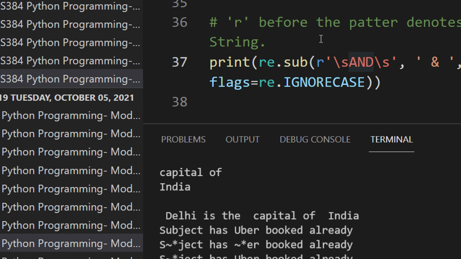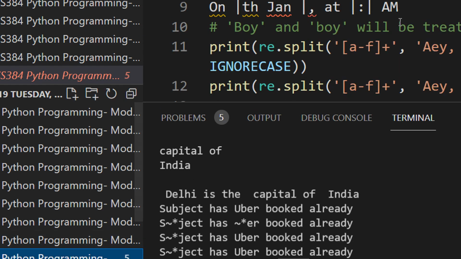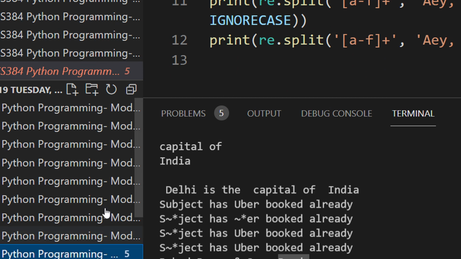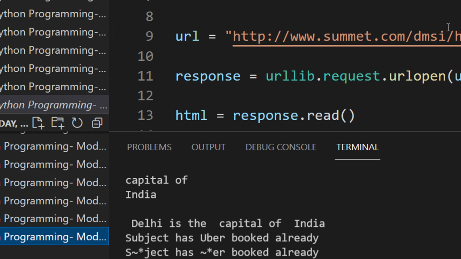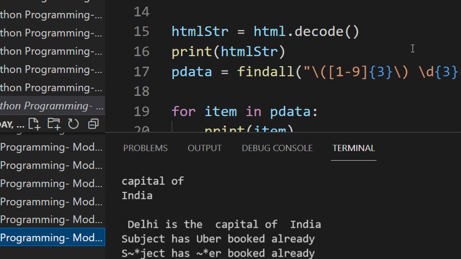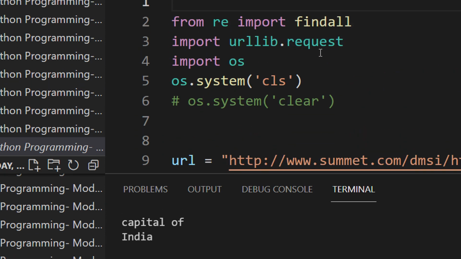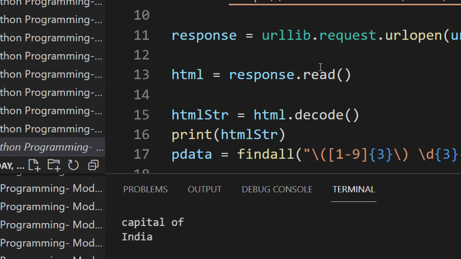So class, I think we can stop here for today. The other programs you can actually just see on your behalf. It's very easy code to do, right? Nothing more complicated about it, right? So this program we will see in the next time, just the urllib library, right? You can actually go through and try to read the code and you will understand, right? So we basically complete the regular expression today.